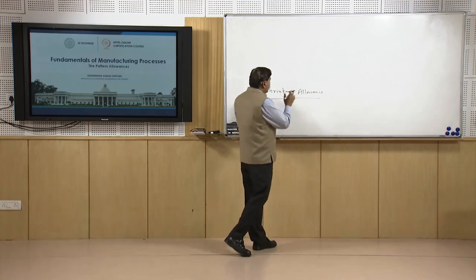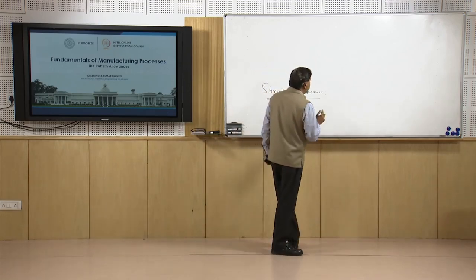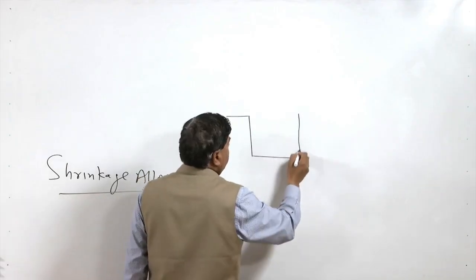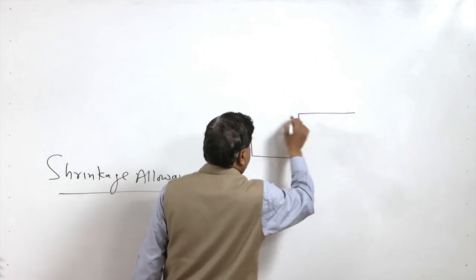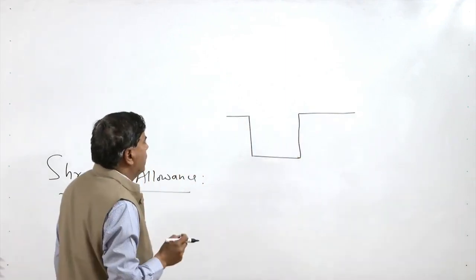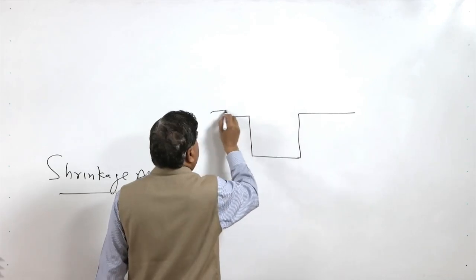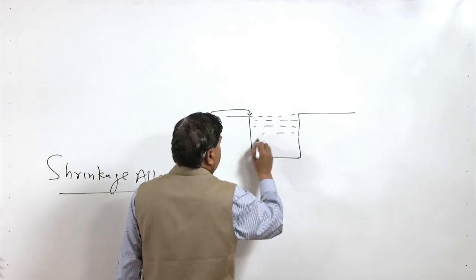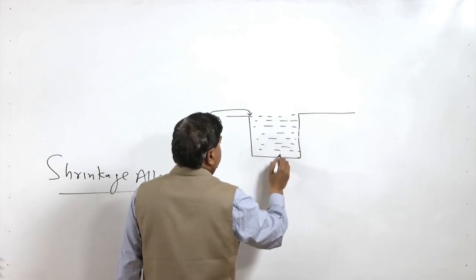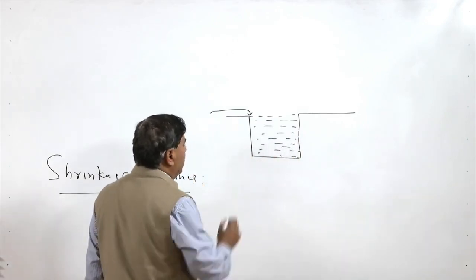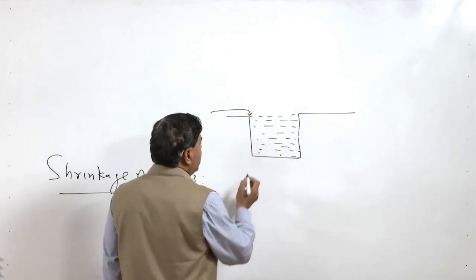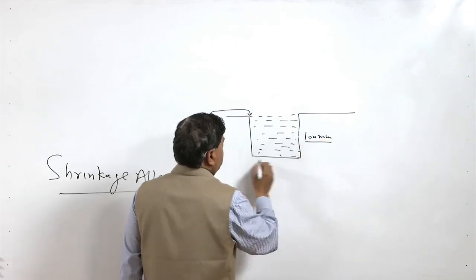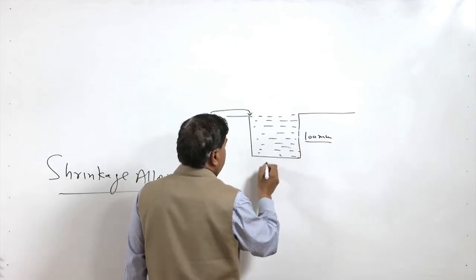So, to understand the shrinkage allowance clearly, we need to see how the castings are made. Say we need to prepare first the pattern and then the mold cavity. After the mold cavity has been prepared and the molten metal is poured into it, it will shrink. So, let us see that the molten metal, when it is filled in the mold cavity, is of dimensions 100 mm in height and 100 mm in width,